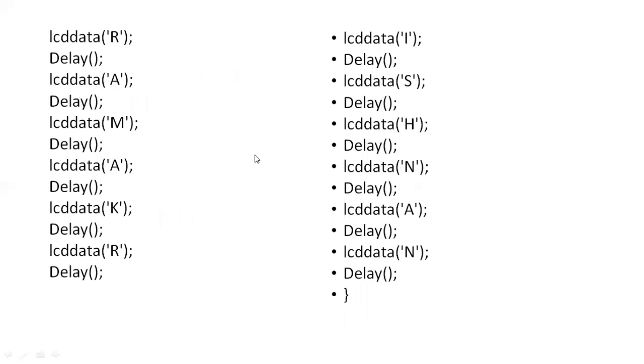The next one is the data I'm going to transmit, my name. Here only one character can be written into the LCD at a time. So LCD data, and after that some delay. Each character requires some delay. So I have written my name with some delay. You cannot write the entire string in one go; only one character at a time can be written into the LCD with some delay.